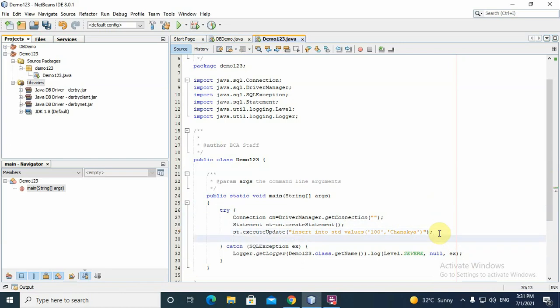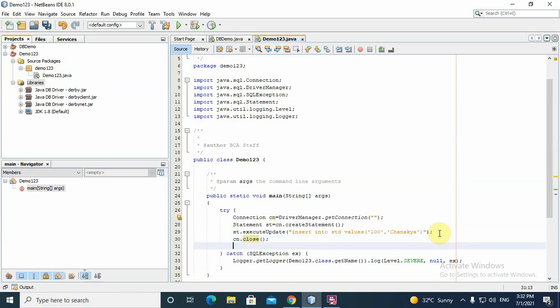Then close the connection with the help of the cn object. Here it is, cn.close, closing the connection, and end with a semicolon.